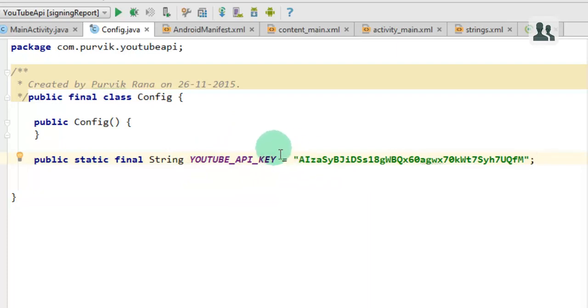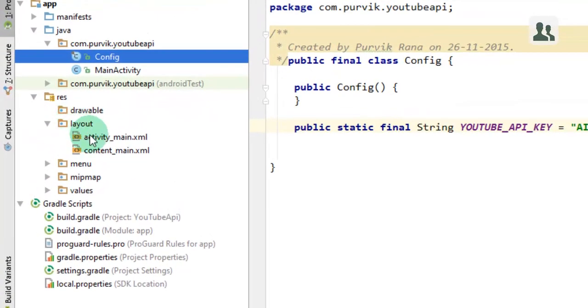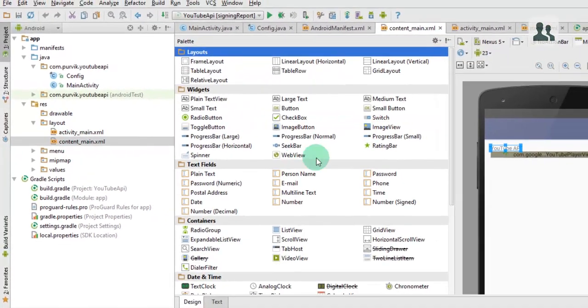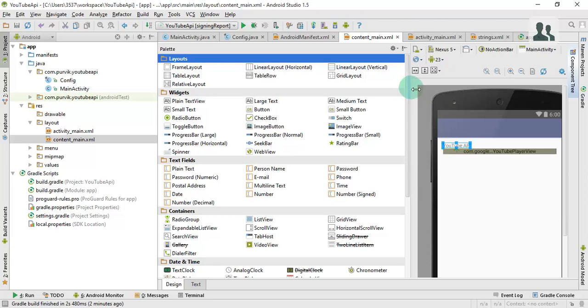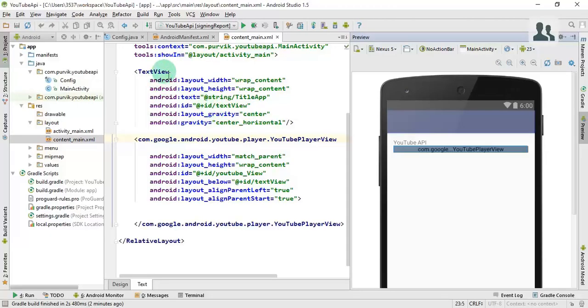Now the next thing we have to do is generate the layout of this application. So just go inside the layout. I have updated my Android Studio to 1.5, so it has given me the activity underscore main and content underscore main XML files. So I have to modify the content main XML file, where the text view that we have seen as the Hello World is given to you by default,